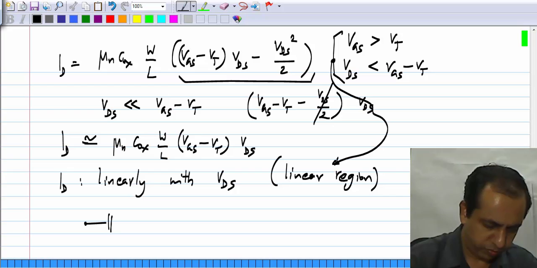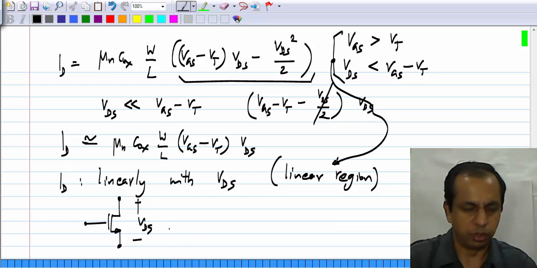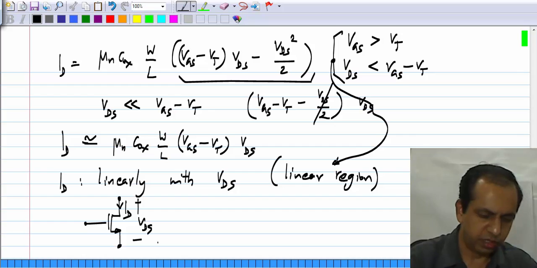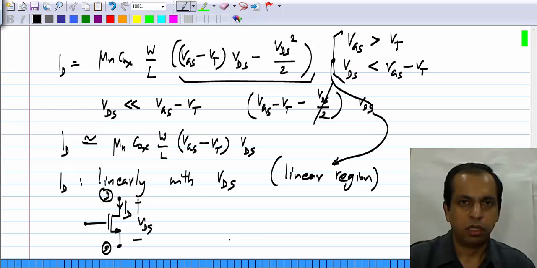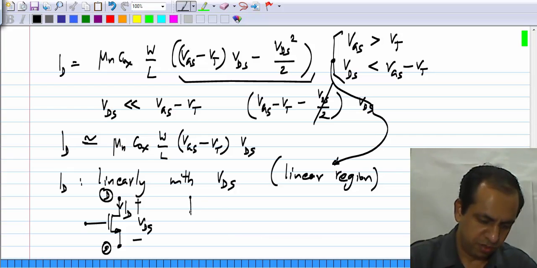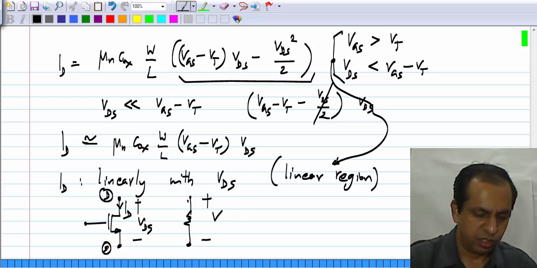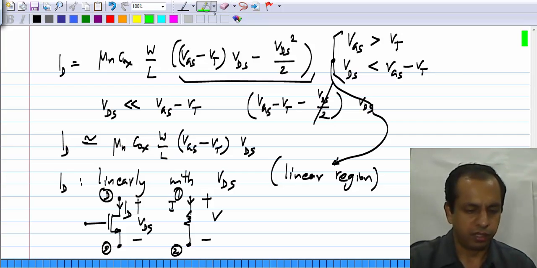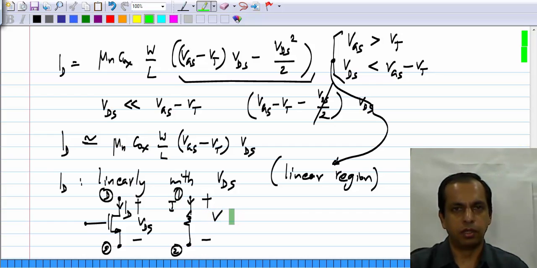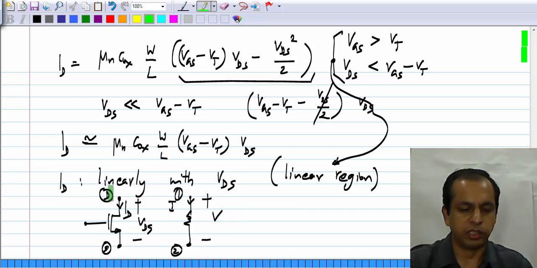because VDS is the voltage applied between these two terminals and ID is the current flowing from drain to source. This is reminiscent of having a resistor where you apply a voltage between two terminals and you have a current flowing from one terminal to another. Okay. And in a resistor, this current is linearly dependent on the voltage,